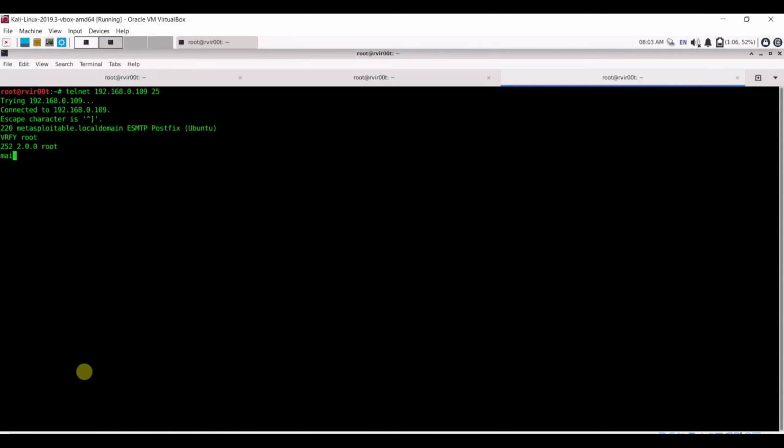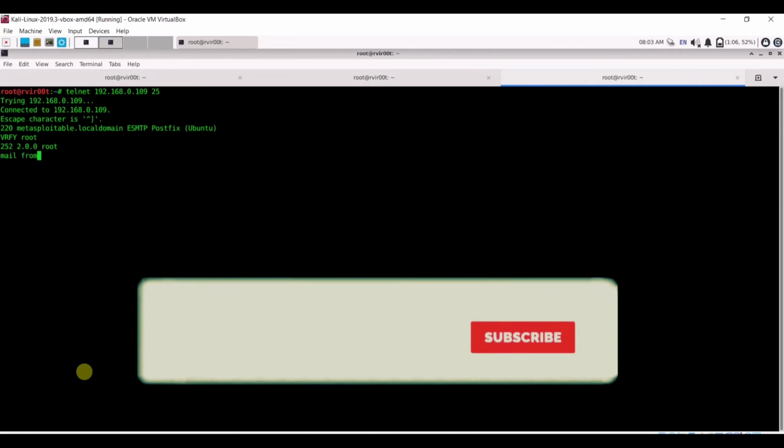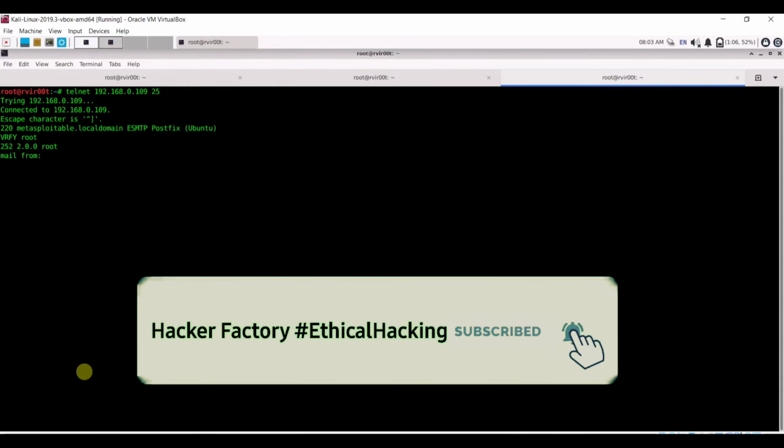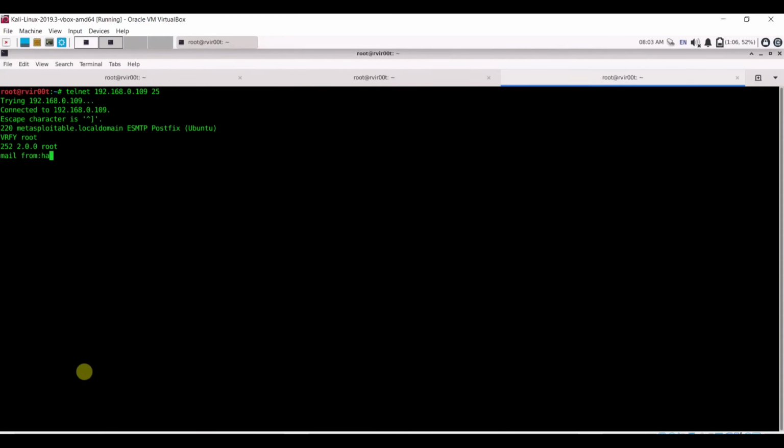Here you can use the mail from command and colon. You can use any spoofed email, like I'm just writing here john@hackerfactory.com and hit enter. So we receive a 250 status code. It means the mail is okay. Then now we have to add the recipient address. We already know the users, that is root and msfadmin.